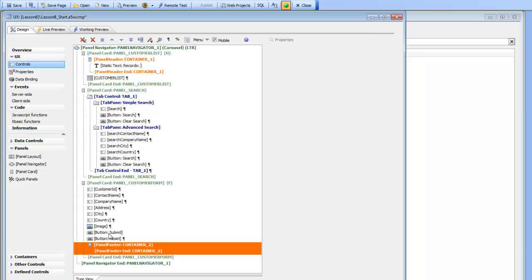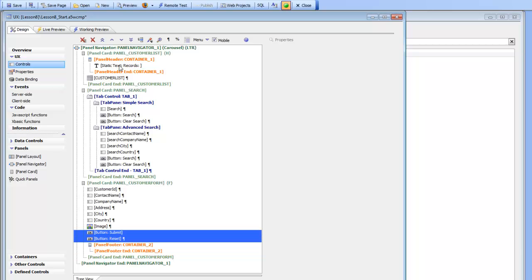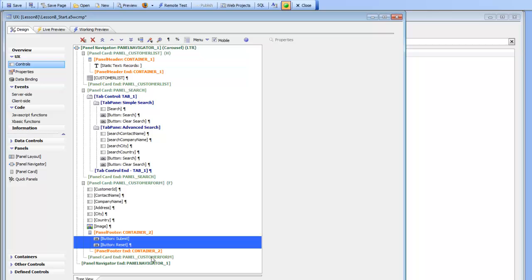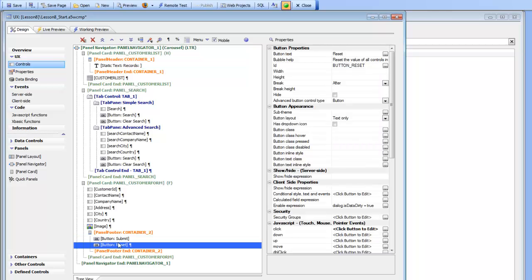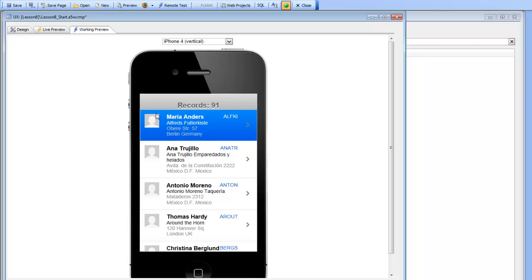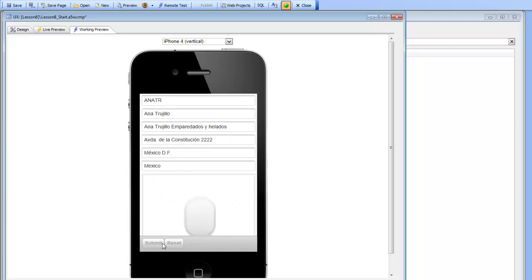And what we'd like to do is take the submit and reset buttons and move those into the panel footer. Let's go ahead now and click on the reset button and turn off the break, and so now we have these two buttons in the panel footer, but we need to also go and set the width of each button to be 50%, because if we preview right now we'll see two small buttons. Let's just quickly go and look at that, and we can see that we have two small buttons over here,